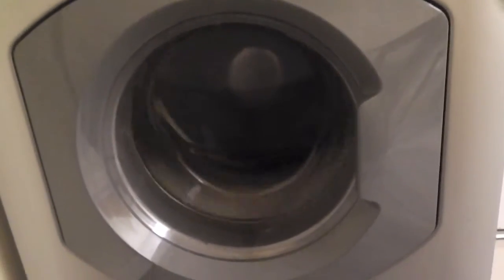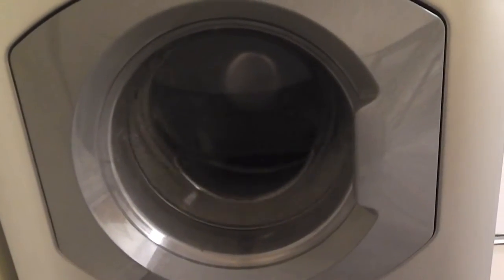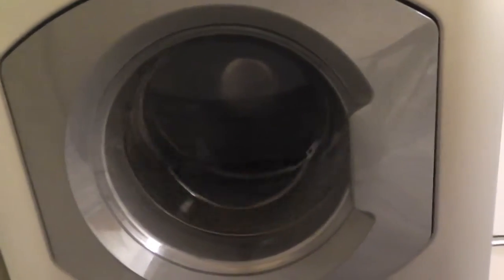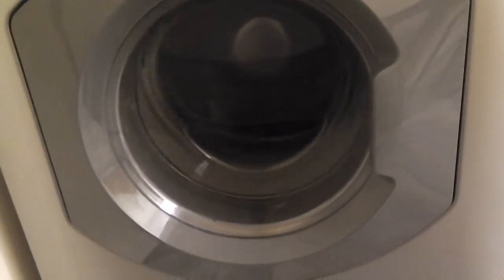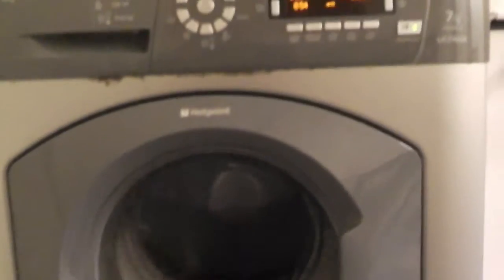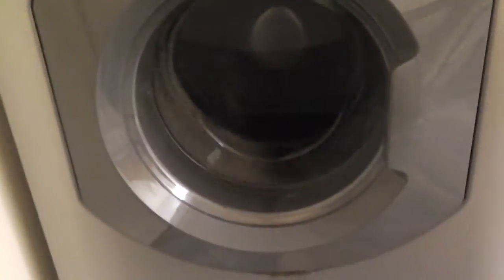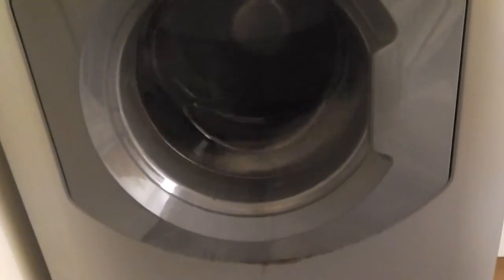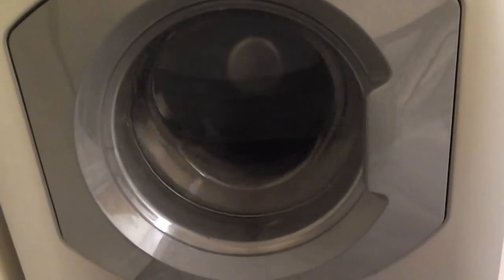It's a very, very nice machine. I cannot grumble at the performance from this Ultima. It did have a problem when I first got this in 2010 when the command module broke and it wouldn't do anything, but it got stored away until I got my own place, which I'm going to do a tour of my own flat at some point tomorrow, and hopefully you guys will see